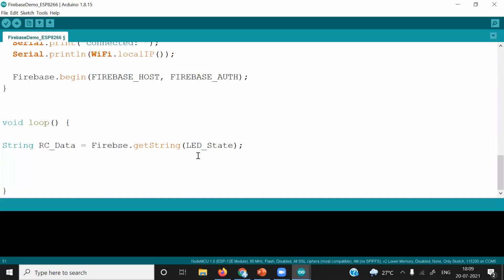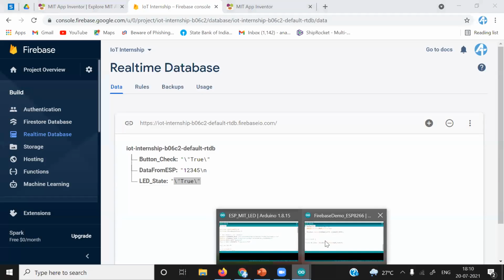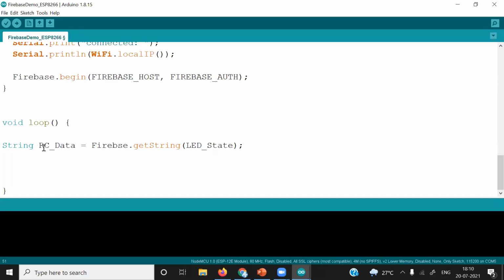This function is going to return whatever data is available in front of this object in the real-time database. It can be true, false, or any number, depending upon what data we are storing using MIT App Inventor. So that data we are fetching to the ESP8266 and assigning to a string variable.